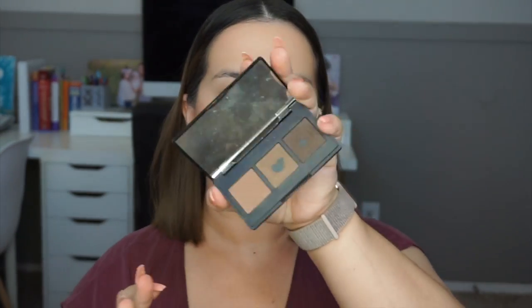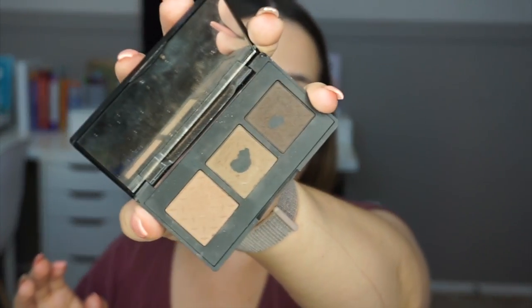Okay, and I'm still using powder, this Trio powder. I know it's almost gone. It's embarrassing. I need something new in my life, but eventually. And I use this little angled brush that came with it. So for brows, I do try to keep it minimal. Now that my hair's darker, I feel like I do need to go a little bit darker with them, but